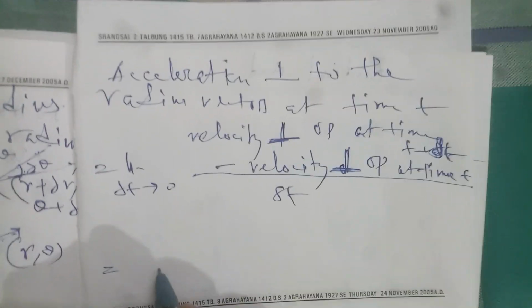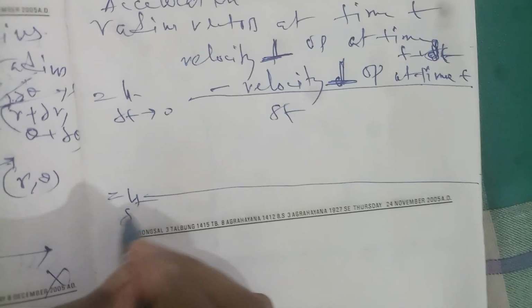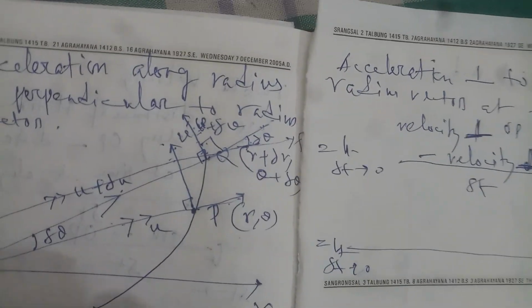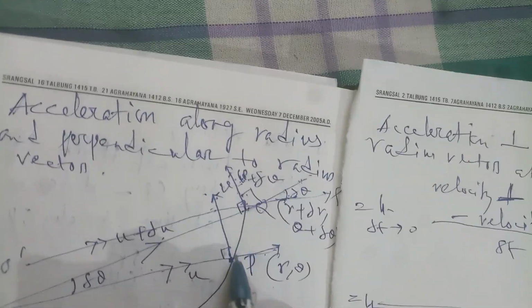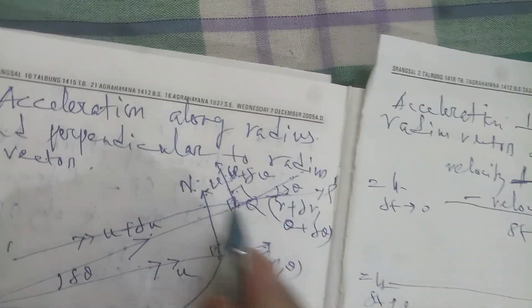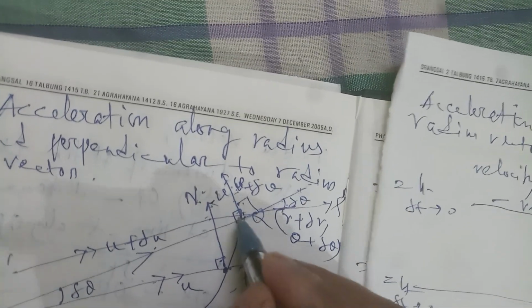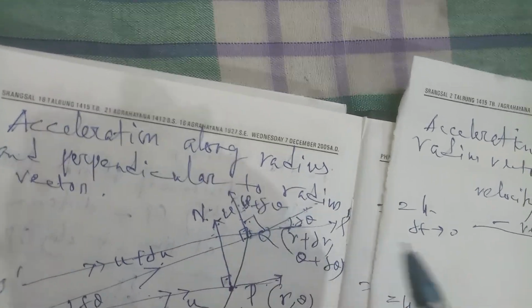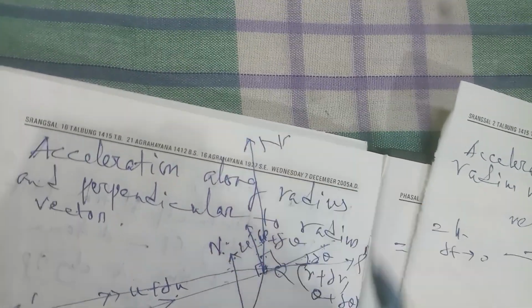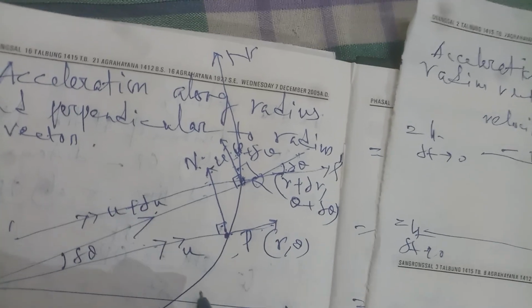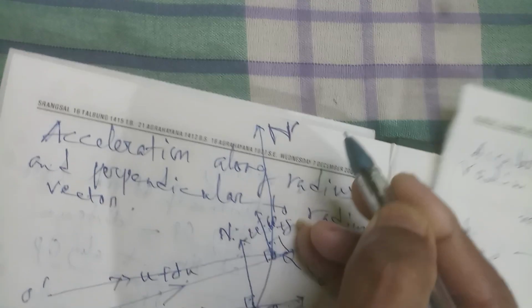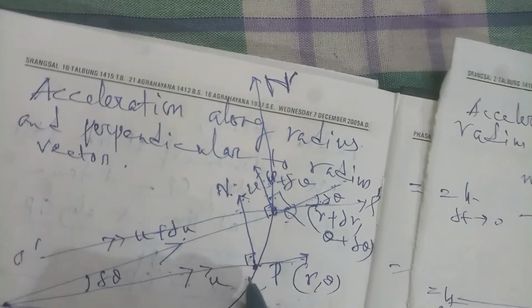Now in the same way we have to calculate the limit delta t tends to 0. Now come to this picture. This one is perpendicular, this one is O, this is PN. So there will again be a line parallel to OP; just draw a parallel line. So this one is Q, and N dash Q is parallel to NP. This one is N dash, so N dash Q is perpendicular to NP.